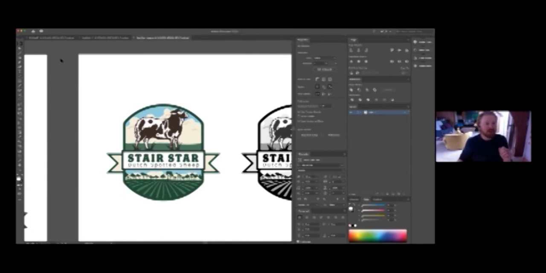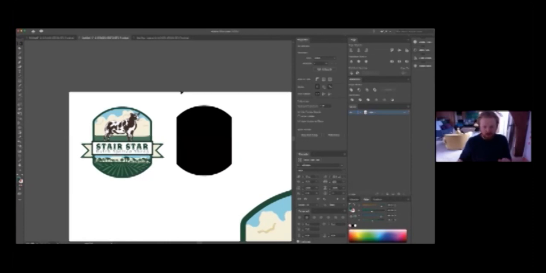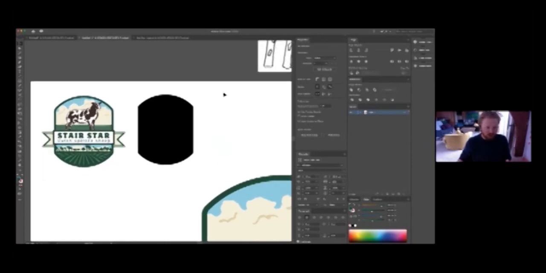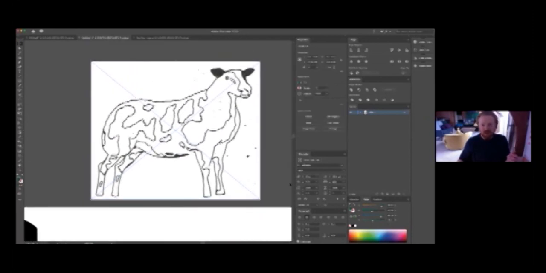So yeah, I had to go back to the drawing board and create something that had all the quality. Apparently Dutch spotted sheep have big bums. That had to be part of the design. And yeah, just making it a bit more realistic, because this is what she's selling. She's selling these sheep. Maybe if it was a brand of beer, then the other sheep would work well. But this is her product, so she wants it to look as good as it can, which is totally fair enough. So again, we're going to image trace here,